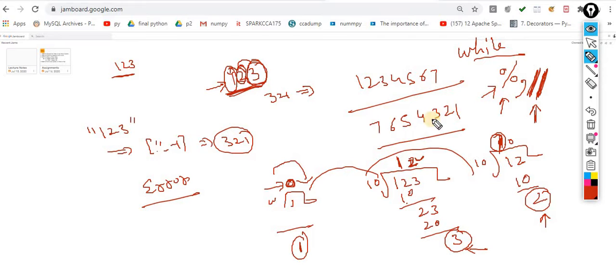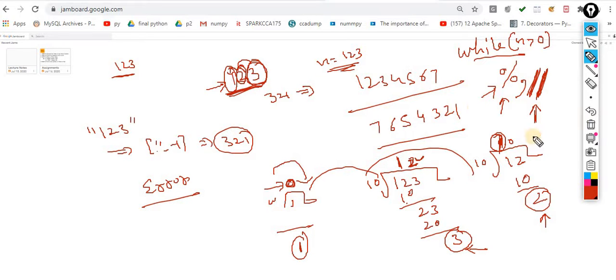Now the question is, until when will this loop be executed? We have to execute this loop while the number is greater than 0. We are getting a number 1 2 3, and we have to process until this number is greater than 0. So we have to perform all these steps. If you want to do the iteration, you definitely need some kind of condition. So what is my condition? My condition is while n is greater than 0. So the funda is clear. Now my condition is clear.